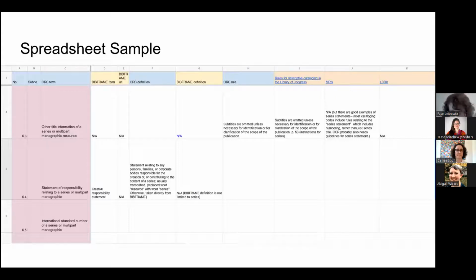In this example, you can see that we have shown the LCRIs, MRIs, rules for descriptive cataloging in the Library of Congress, BibFrame definition, the ORC rule, the ORC definition. And I forgot to mention that the resource that we are focusing the most on in this comparison is the 1949 rules for descriptive cataloging in the Library of Congress.